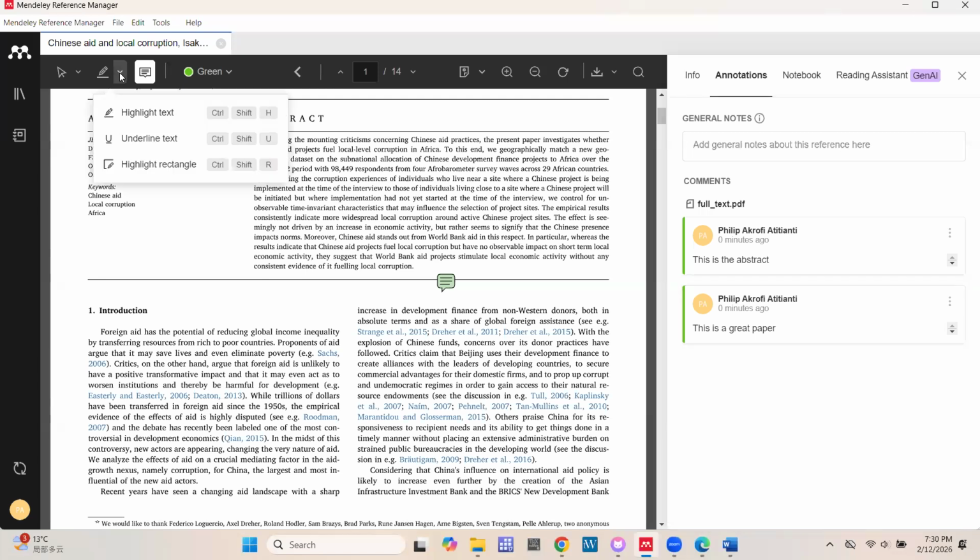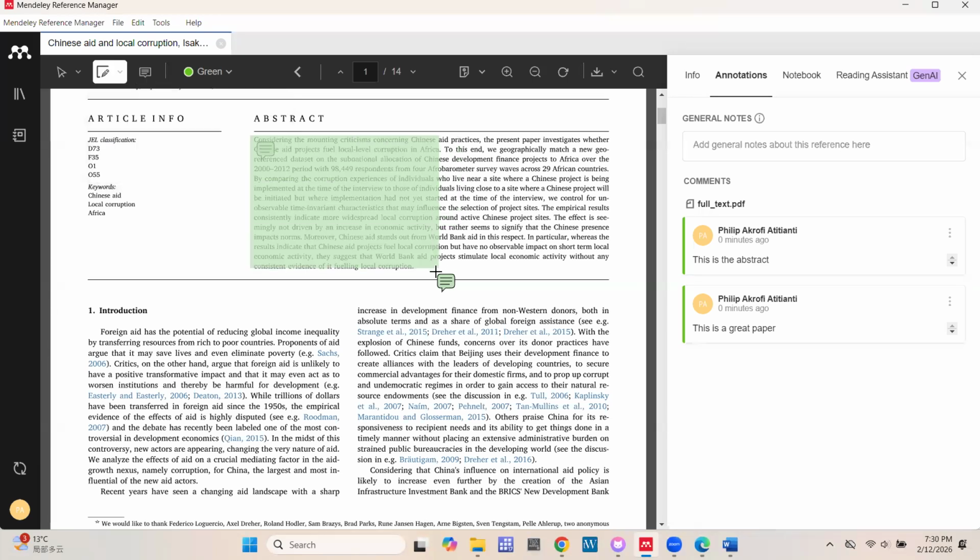Like I demonstrated earlier on, you can highlight, you can underline, you can use a highlight rectangle. The highlight rectangle basically allows you to highlight sections in a rectangular way. So now this is my rectangular highlight. If I don't want this color, I can change to yellow.